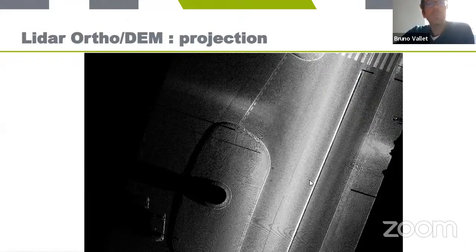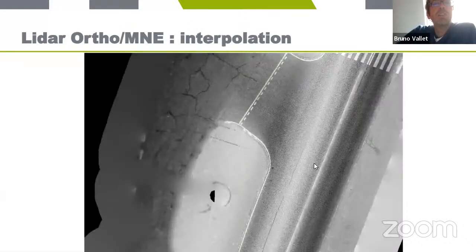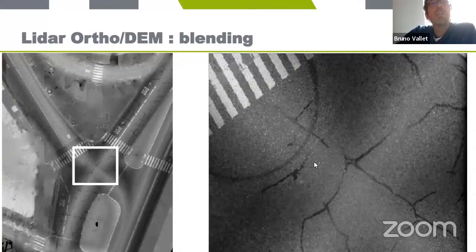If you look at what happens when you rasterize a LiDAR point cloud, so here a mobile mapping point cloud, it looks like that. So then you can do an interpolation. Here we use the Poisson equation to do this interpolation. And then we did a blending based on the distance from the point to the vehicle trajectory, and we obtained this kind of orthophoto that is a LiDAR orthophoto, and that you can produce everywhere where the mobile mapping vehicle